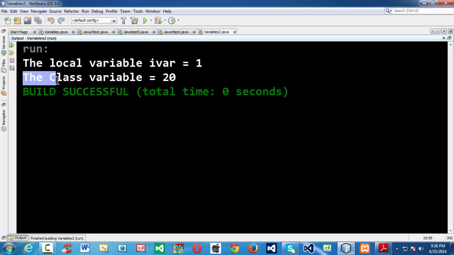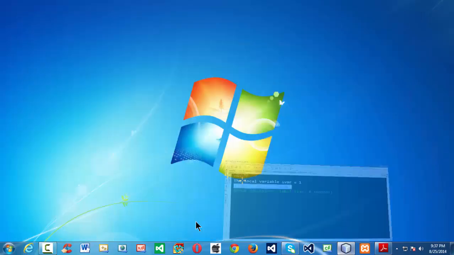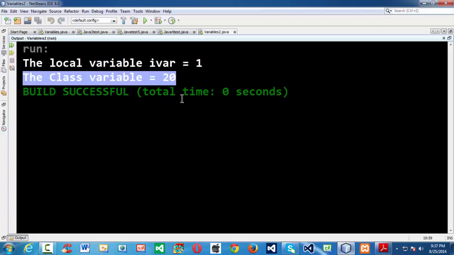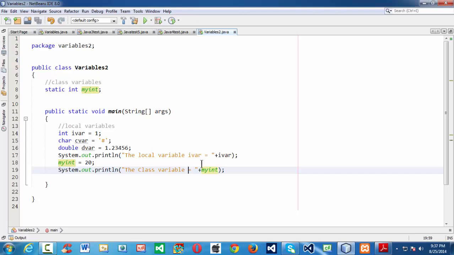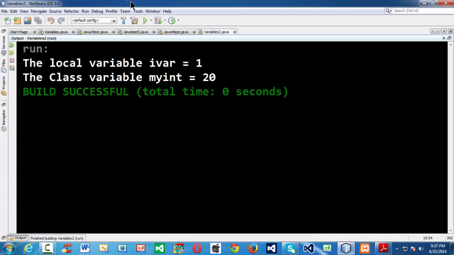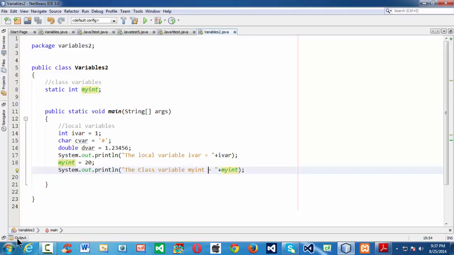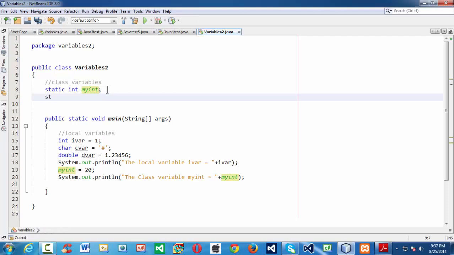The class variable myInt is equal to 20. So let's add that message also: the class level variable myInt is equal to 20. Okay, so run your application, and it runs exactly. In that way, if you want to make the variables accessible throughout this class, you can take as many variables as you want,